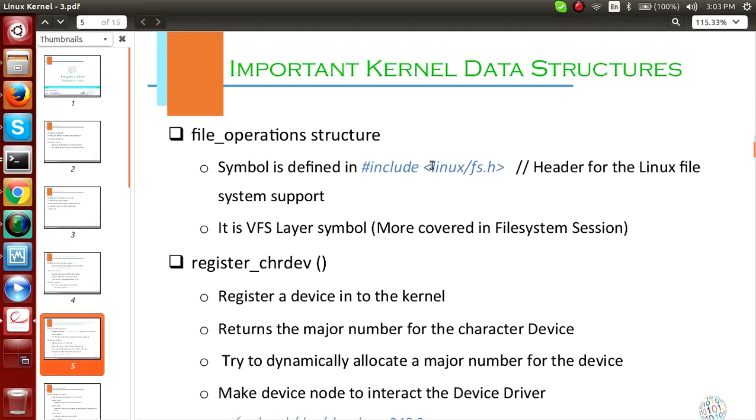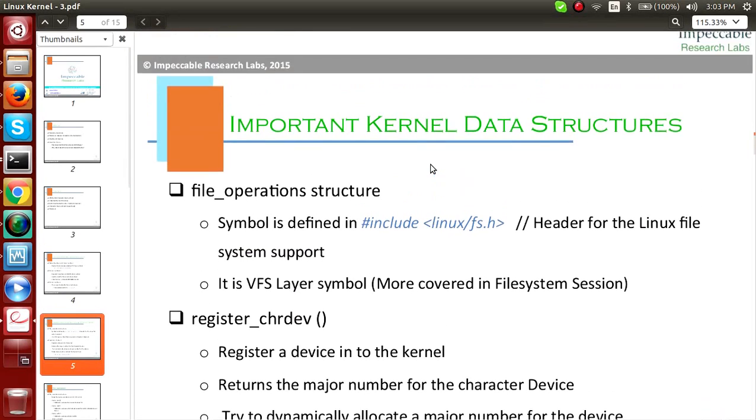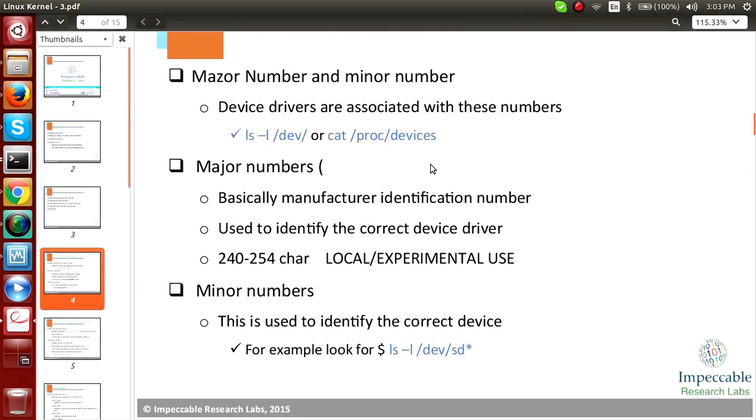Basically, registering a character device will actually return you a major number. Once you attach it, it will give you a major number in this range. What was the range? 240 to 254.